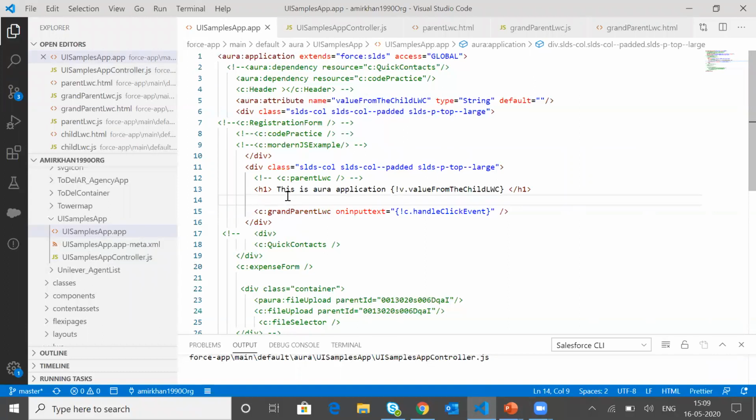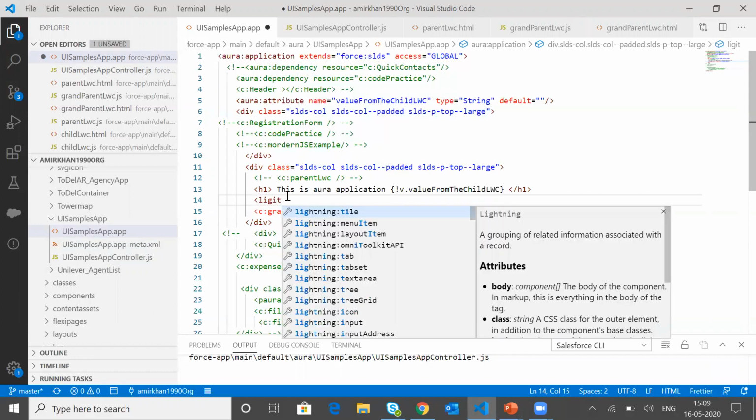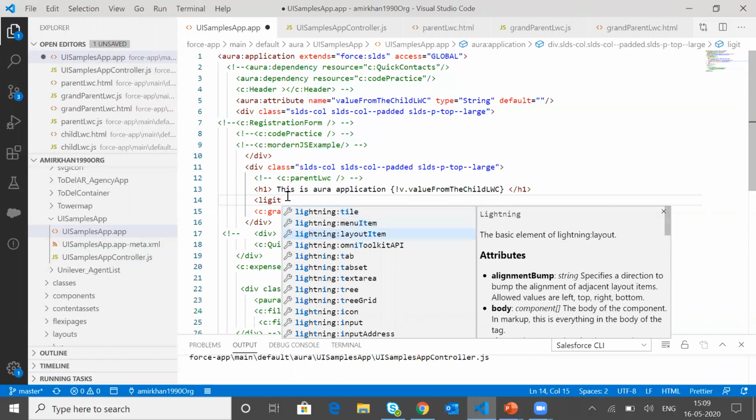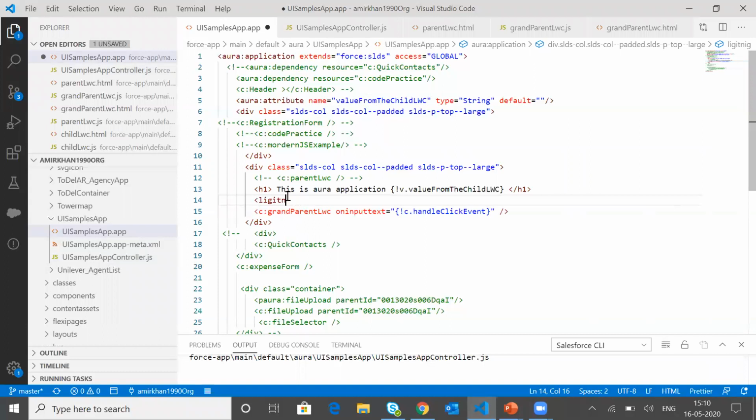In order to do this, let's create one lightning button. On click of this lightning button, we will invoke the method which we are going to write in the child LWC component. So I'm writing the lightning button here.